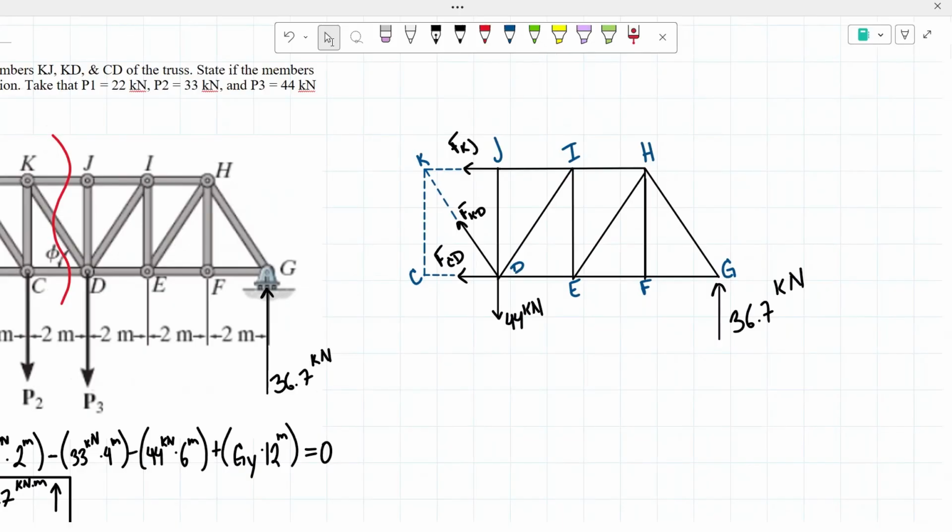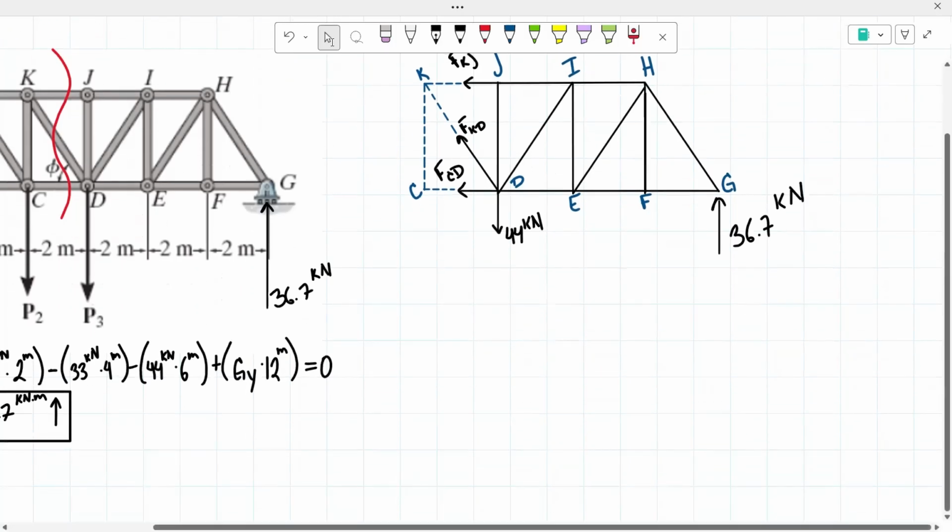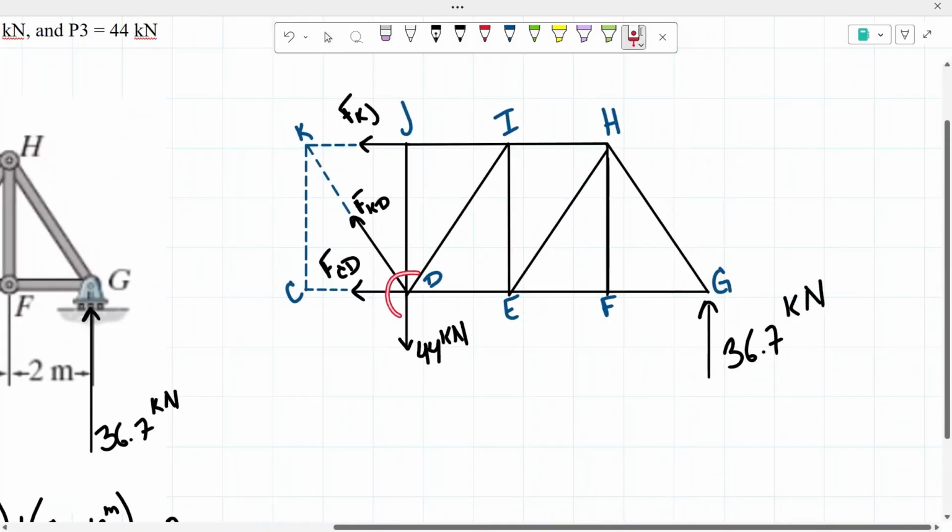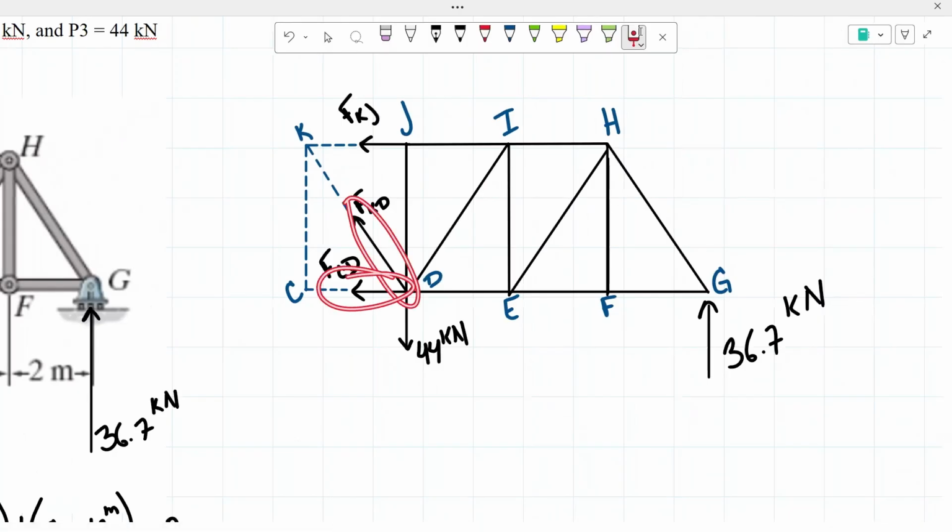So now we're going to start using the method of sections to determine the values of each of those members. What I like doing is first taking the sum of the moments about a point where two of those members meet, because that way they will not be creating a moment and I would be able to solve for the force of the other unknown member. If we take a look here, we could take the sum of the moments about point D. That way the forces of the members KD and CD would not be creating a moment,